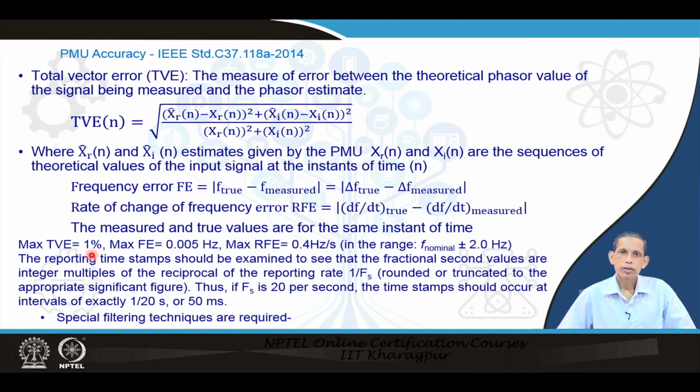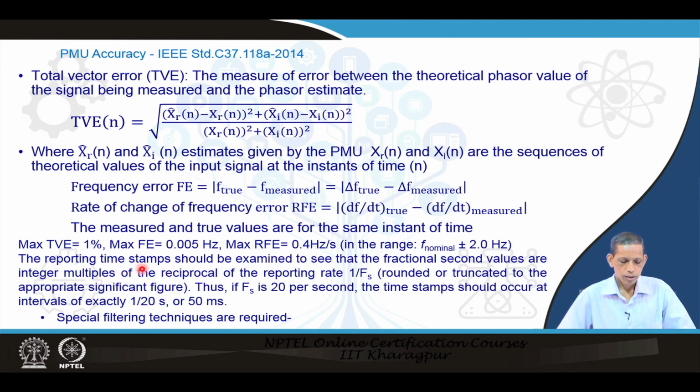The maximum TVE, total vector error, is 1%. That shows how accurate the PMU measurement should be. The maximum FE, frequency error, is 0.005 hertz and the maximum RFE is 0.4 hertz per second, for the frequency range of f nominal, 50 hertz or 60 hertz, plus minus 2 hertz. So, within that band of signal, the PMU should provide a TVE of 1%, frequency error of 0.005 hertz and maximum rate of change of frequency error of